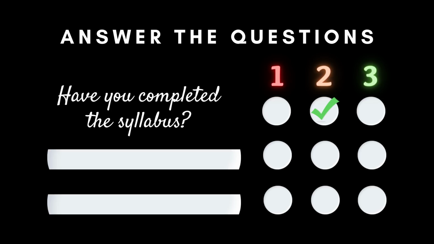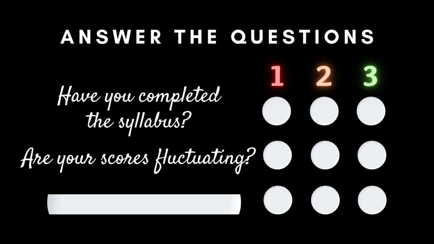The second question is, are your scores currently fluctuating? If you have stable scores, by stable I mean every time the percentile that you score is within a range of 5 percentile points. That means that let's say you are between 95 to 100 or 90 to 95 or 85 to 90. If there is only a gap of 5 percentile points whenever you take a mock, no matter where you are, then rate yourself 3. If that range is anywhere between 5 to 20, then rate yourself 2. And if that range is greater than 20 percentile points, then rate yourself 1.